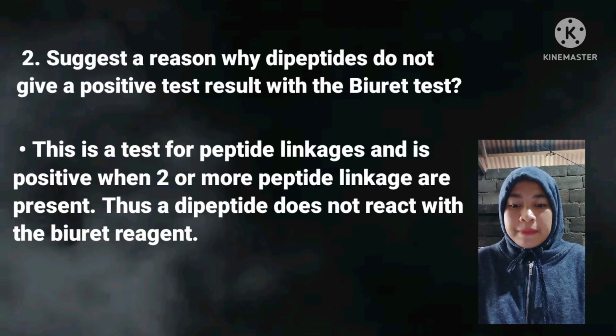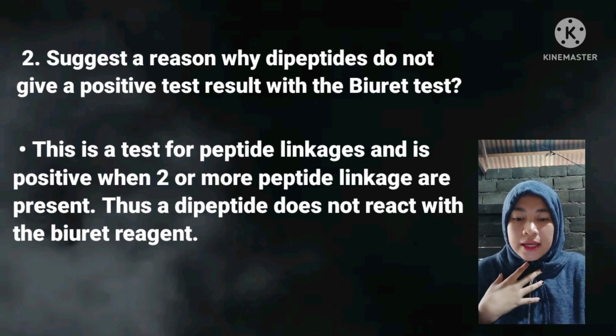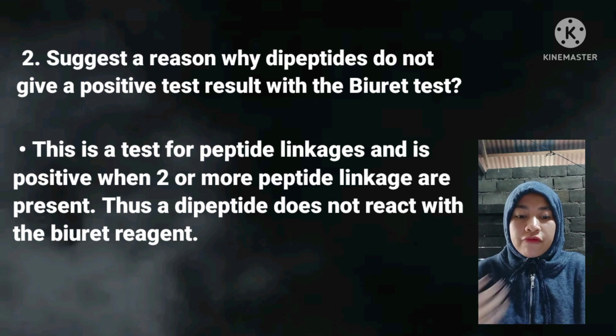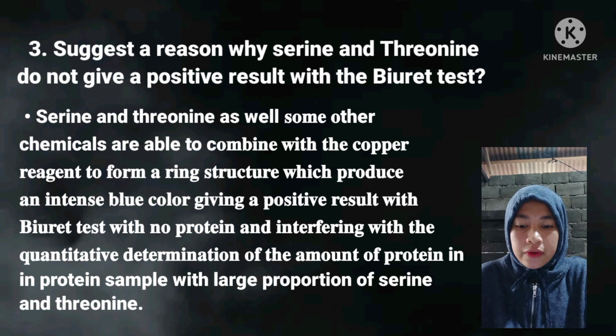This is a test for peptide linkage and is positive when two or more peptide linkages are present. Thus, a dipeptide does not react with the biuret reagent. Serine and threonine, as well as some other chemicals, are able to combine with the copper reagent to form a ring structure, which produces an intense blue color, giving a positive result with the biuret test with no protein